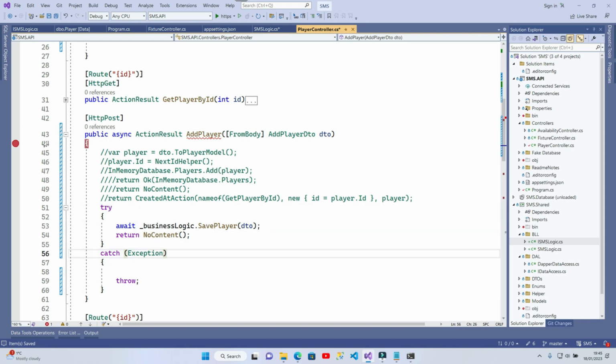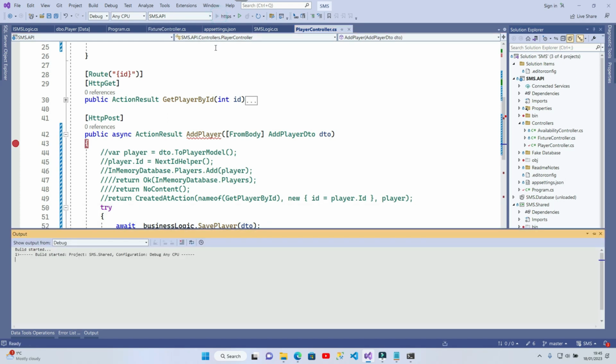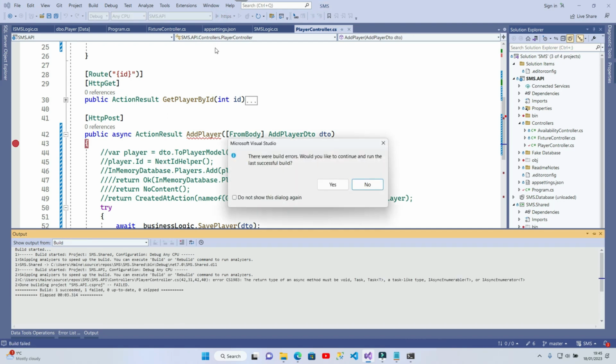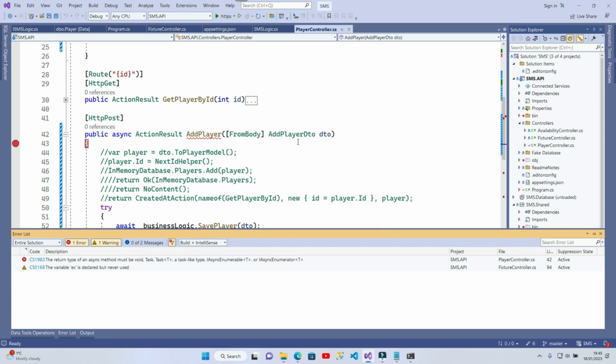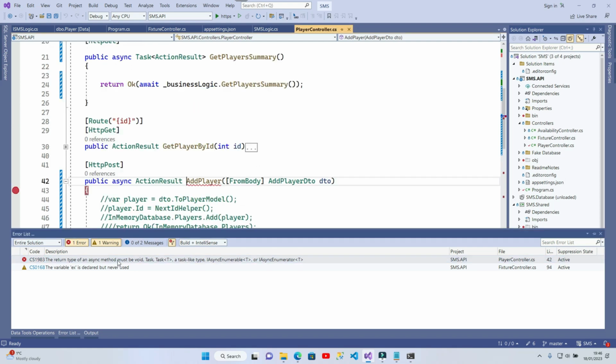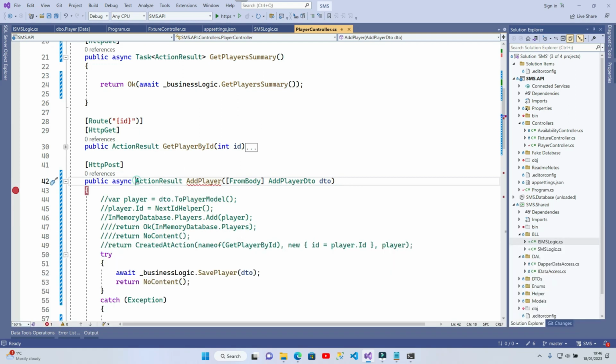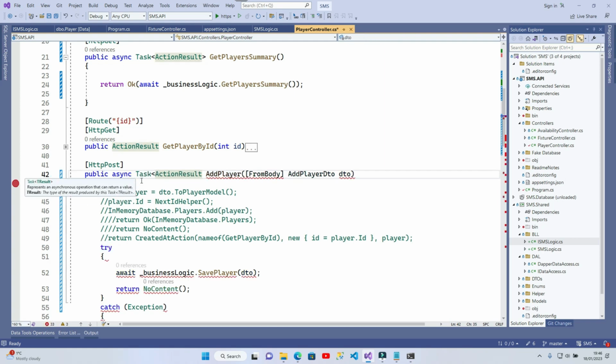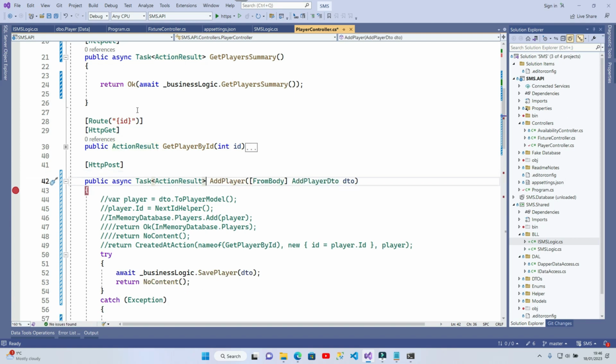So let's just try this out. And we have a build error. And what is our build error? The return type of async must be void. Yes, again, it's because I've missed a part out. All async methods must have a task. So a task of action result. So again, this will return back all the HTTP goodness. So that's all that's missing there. So if we just run this up again,